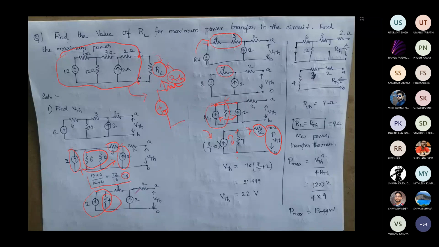Okay, see, instead of solving these two circuits, you can find the voltage across this terminal itself. Here, this is a current source. If you have a current source, there is no current path to flow through this path, so I is equal to 0. So the complete 2 ampere current should be passing through this path.